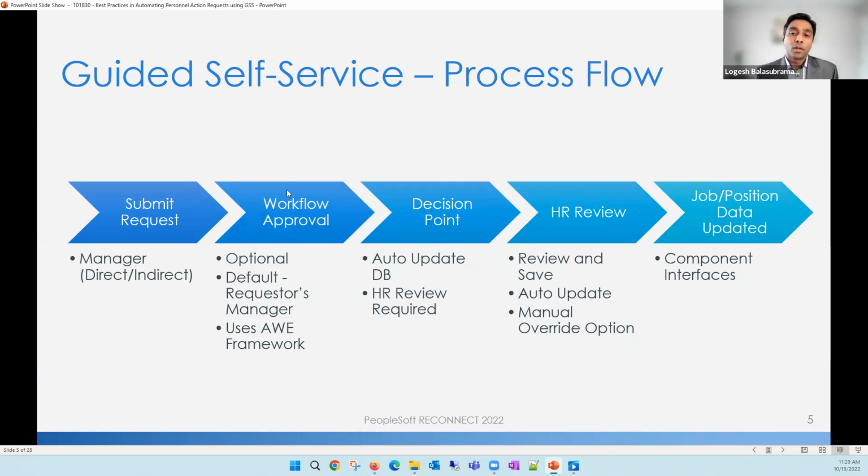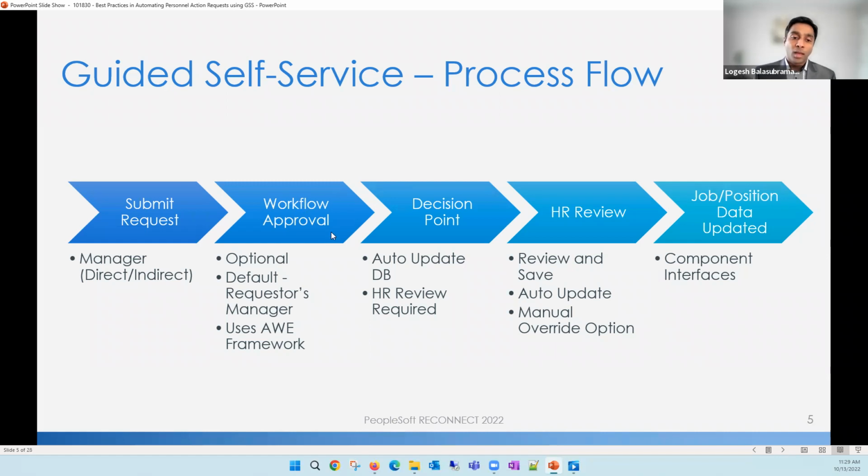So as delivered, the workflow approval process is separate from the HR review process. The reason being, workflow approval is typically intended for the approvals that happen within the area before it even reaches HR, right? So the workflow approval is the approval workflow engine, AWE framework-driven approval process. You could have as many approvals as you need in the process before it even goes to HR for review, meaning whatever approvals that need to happen within the area that is requesting the change is typically configured in the